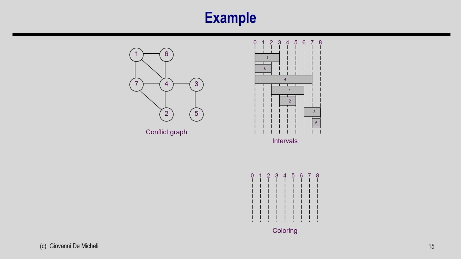So, this is my complete graph and this is the corresponding interval for the inputs. I have sorted them, and the sorting order is 1, then 6, then 4, then 7, then 2, then 3, then 5. You can see this is the sorting order of the intervals based on their left edge. Now, what does this algorithm do? It takes color 1, and it scans this list from left to right and identifies the first node.